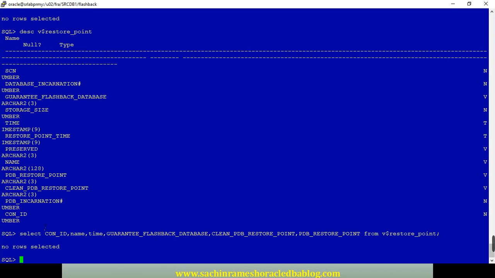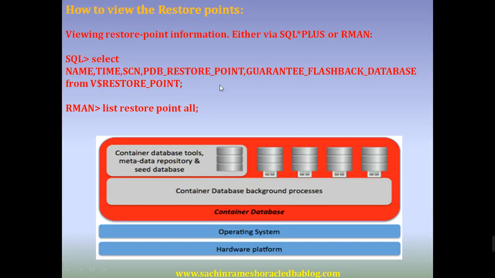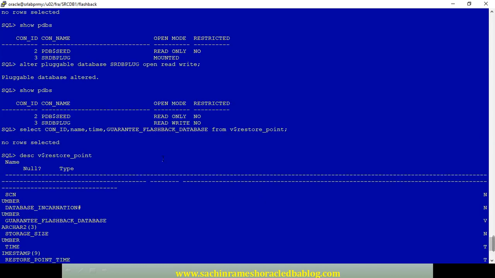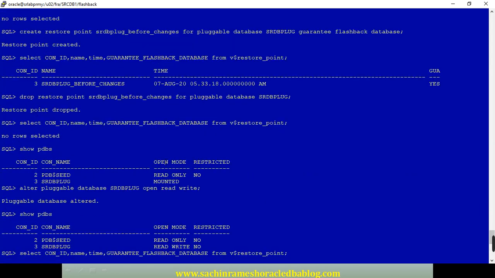Okay, we can include it. So in this view, we can view the restore point. I'll show you.